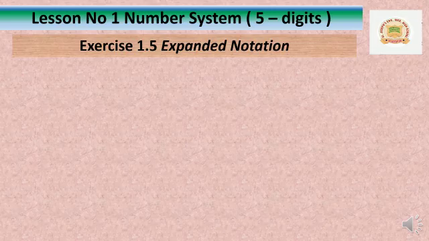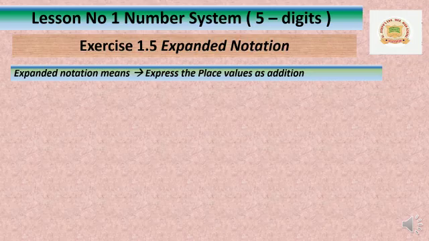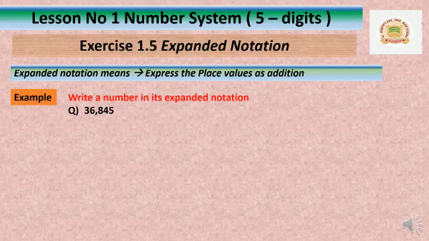Let us learn how to do the expanded notation. Actually, this one we have learnt in the first video only. We have done expanded notation of 4-digit numbers. In the same method we are going to do 5-digit numbers. Expanded notation means express the place value as addition. Means the given numbers we have to write according to their place value by putting the addition symbols. Let us do one example here. Write a number in its expanded notation. Number is given as